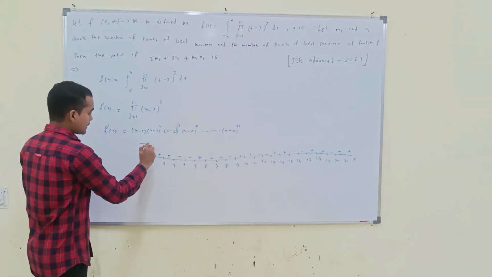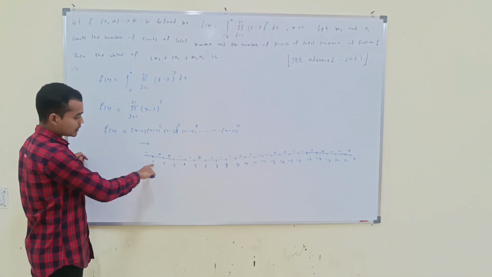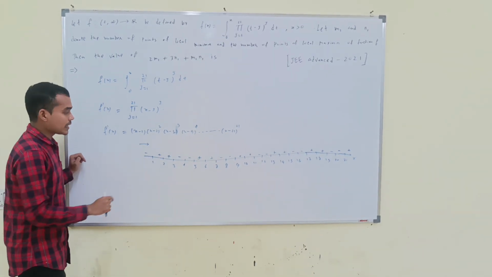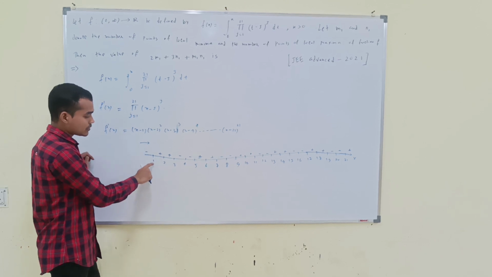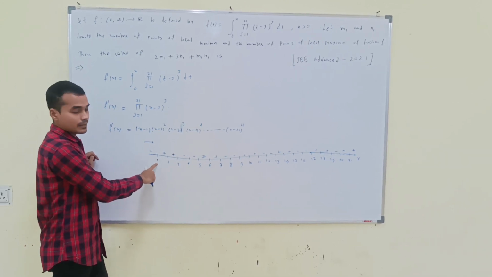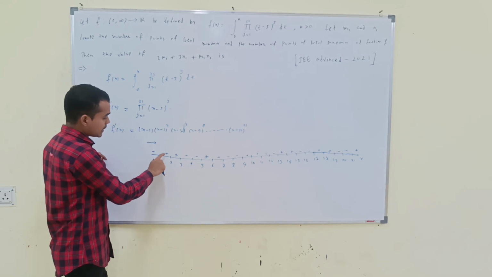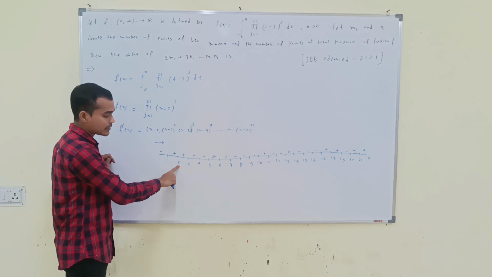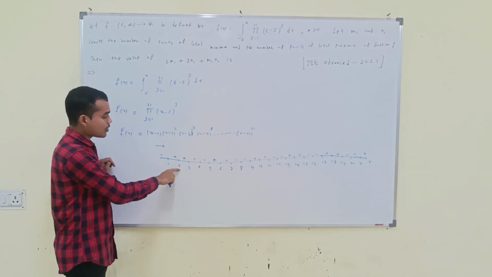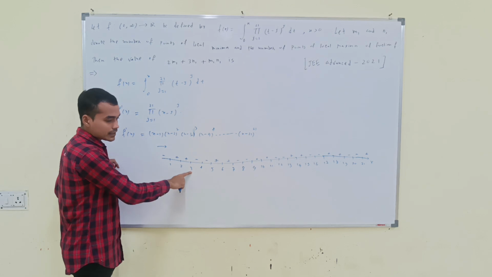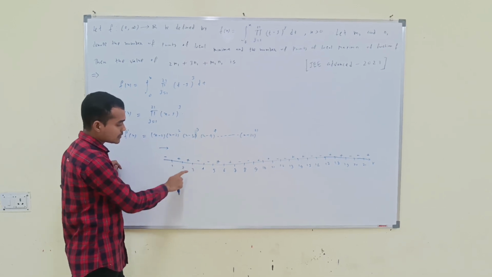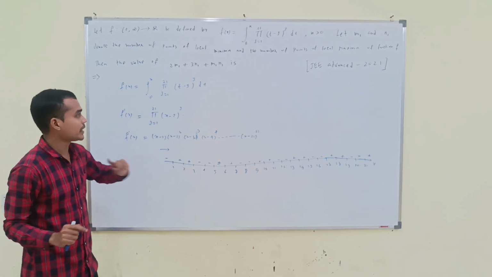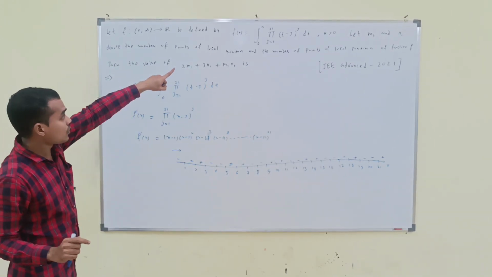Okay, now if we proceed from left to right, first focus on the point 1. Here at point 1 the sign changes from negative to positive. When the sign changes from negative to positive, that means 1 is a local minimum point. Similarly, when the sign goes from positive to positive, that means there is no sign change, the same sign, so that point is neither a local minimum nor a local maximum, and when it changes from positive to negative it is a local maximum point.